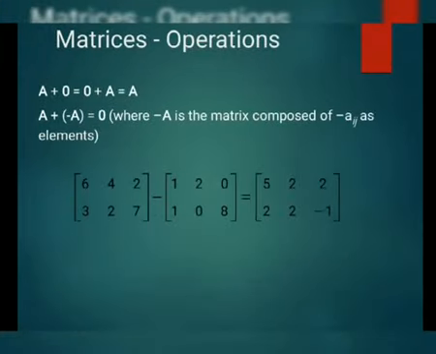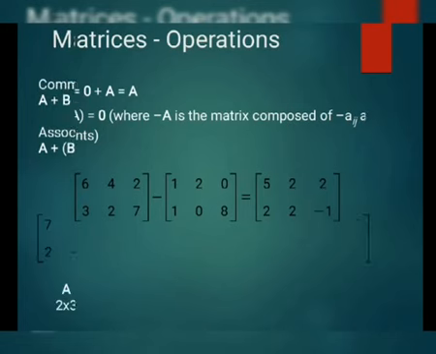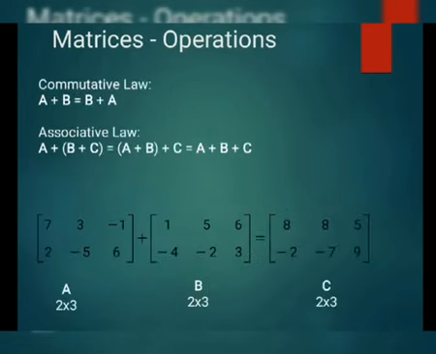It simply means that whenever we have to add any two matrices, we just have to add or subtract the corresponding elements. Clear? Likewise, the A21 element is 2, and in the second B matrix, the A21 element is minus 4. So 2 plus minus 4 is equal to minus 2. Similarly, you can check all the other elements.